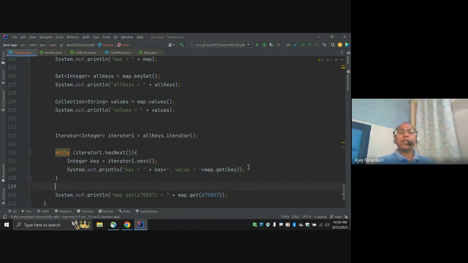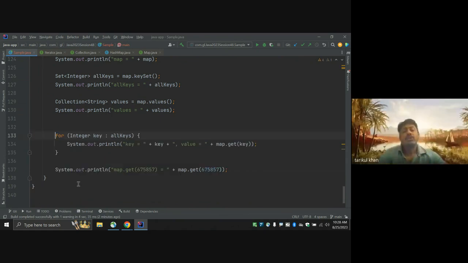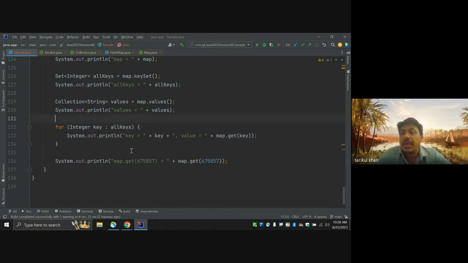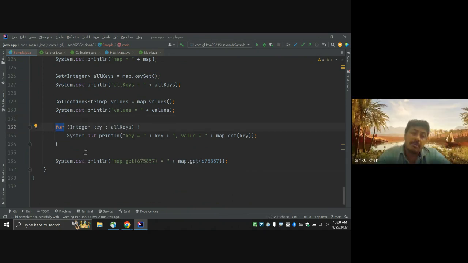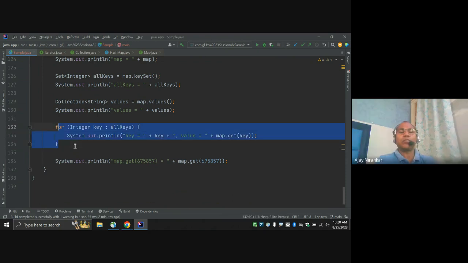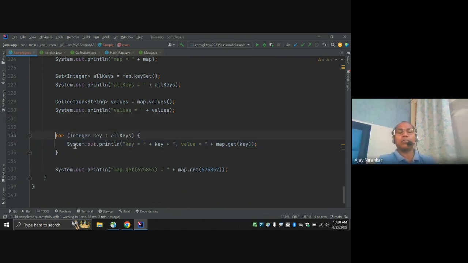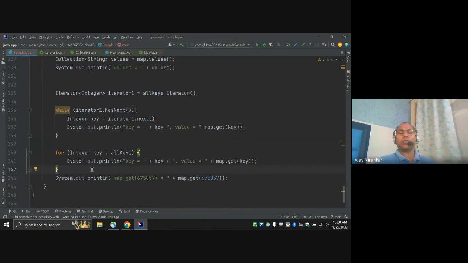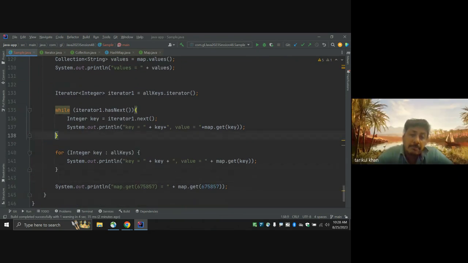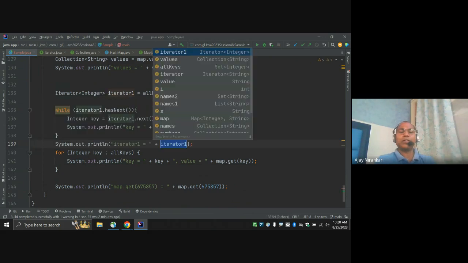Sometimes you are getting the value using this. So when do I know when to use an iterator? There are two ways. You can use the for loop even. This is the two ways you can do the same thing: one way this, or even this. You have an option, if you're familiar with the